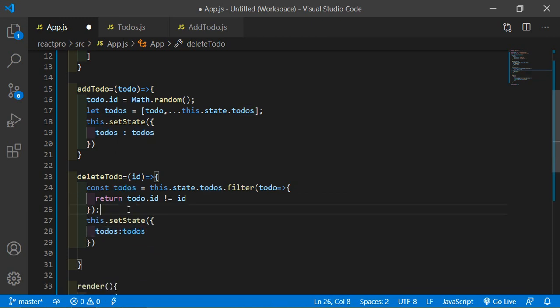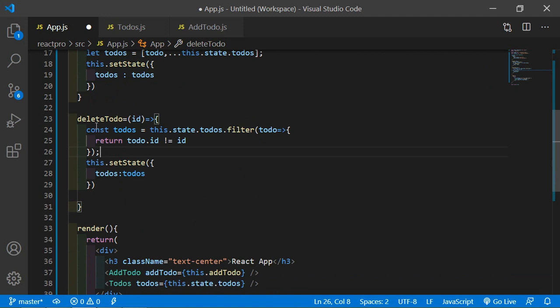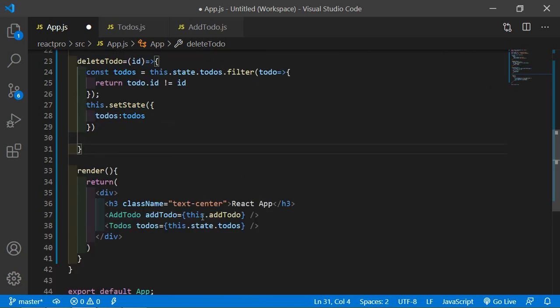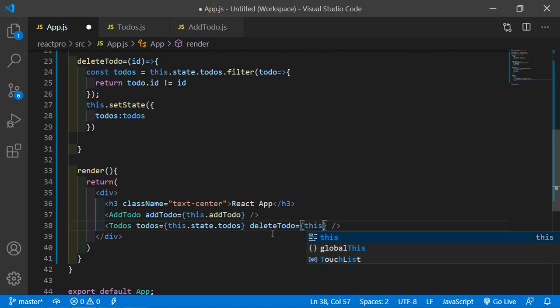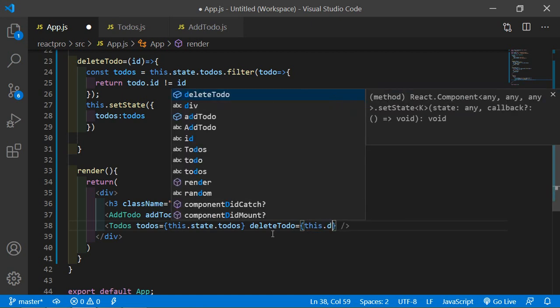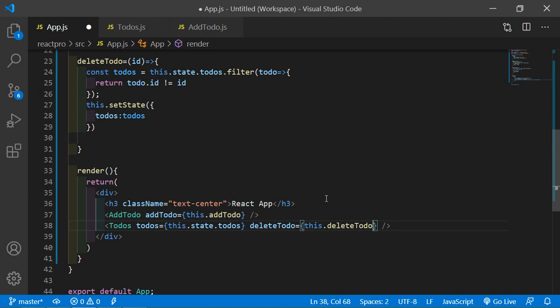Okay, now pass this deleteTodo method to the Todos. So just write here deleteTodo is equal to this.deleteTodo. All right,